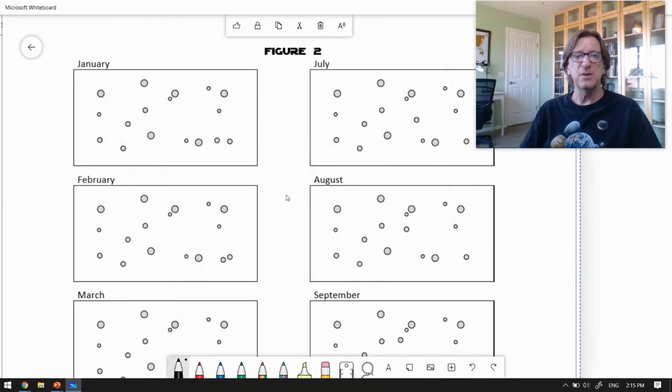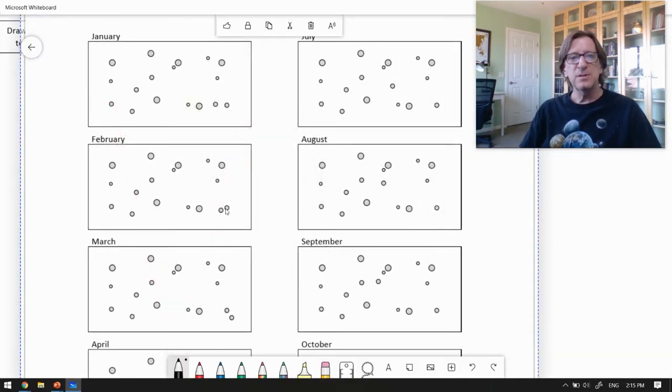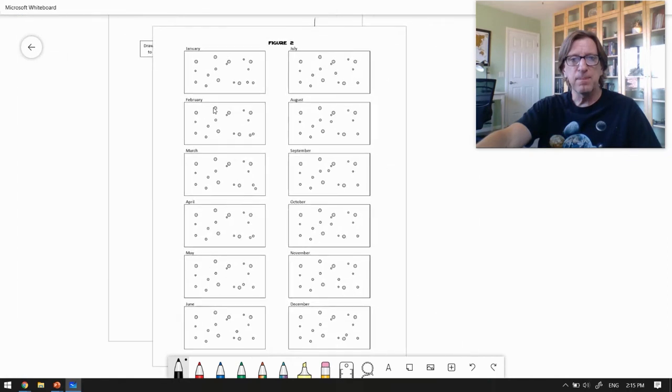So we're looking to see which star is moving. Do you see that here we've got a difference? So one of those two stars must be our nearby star. Take a look. That one still seems to be in the same spot. So this must be our moving star. Do you see that? So we're going to circle that right there. So that's our moving star. And therefore, this must be the moving star, which means probably this is the moving star. So you're going to do that in all of these pictures.